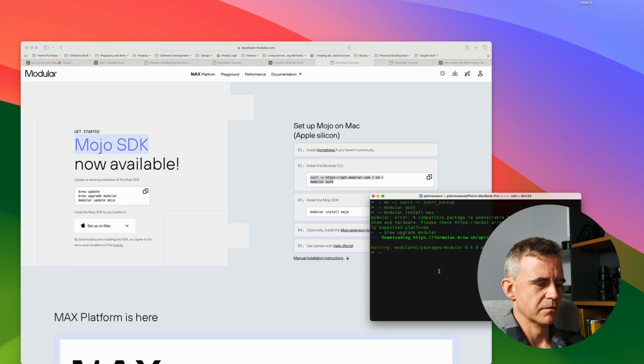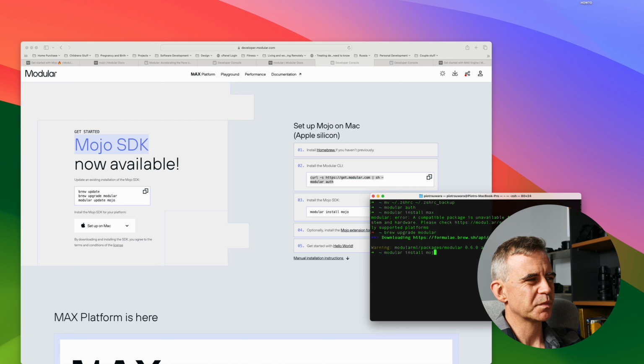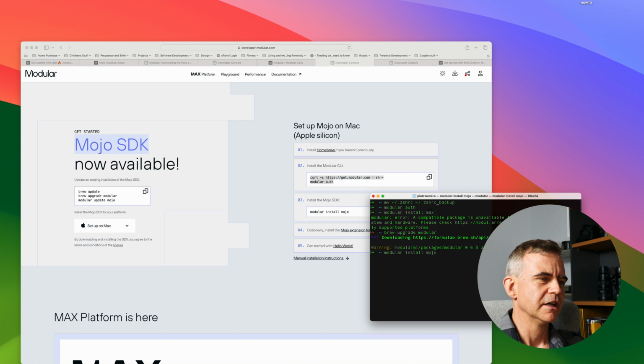Modular install Mojo. Modular install. Update an existing. Okay, so why is that? I don't understand why update is the main thing here. It should be set up. If you've installed it, you kind of know that you need to update it. It's their choice. Definitely not a good user experience when it comes to setting this thing up. But I guess Python's confusing as well, depending on what IDE you're using.